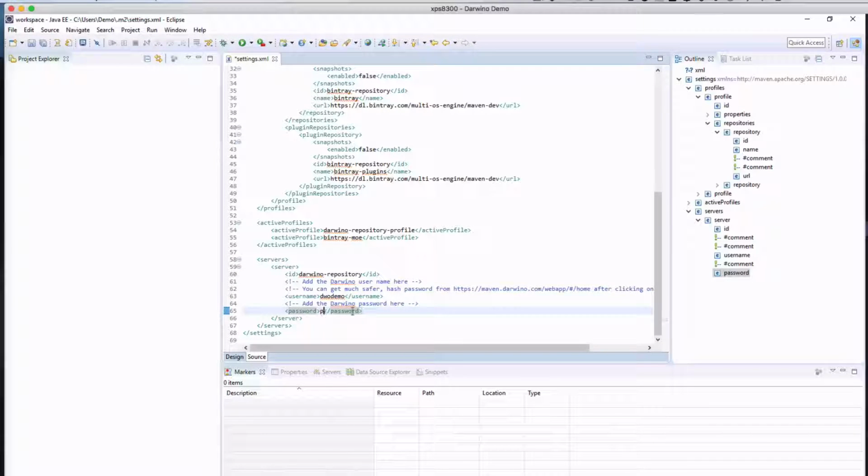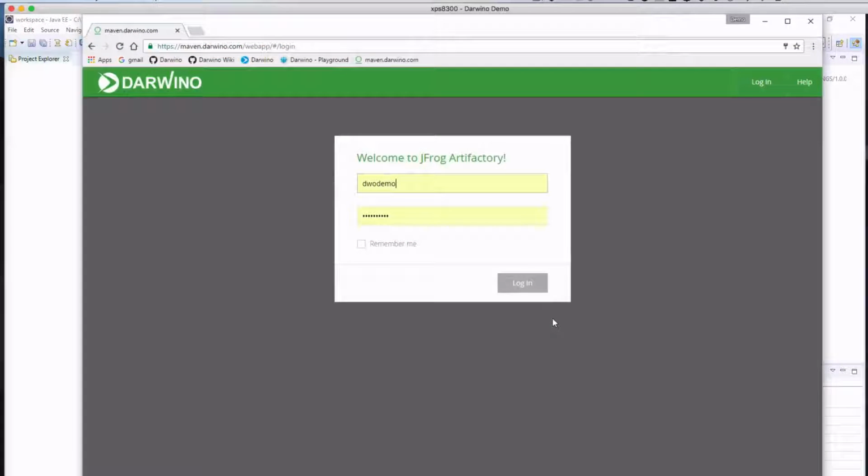Type in your username, that's fine, but we would have a security issue if we simply type in our password as plain text here. We should place an encrypted password here. To resolve this, go to